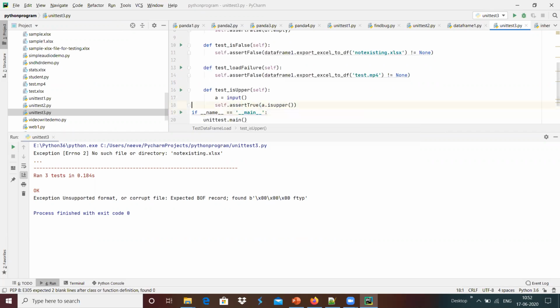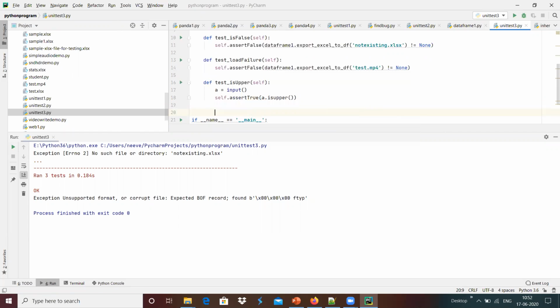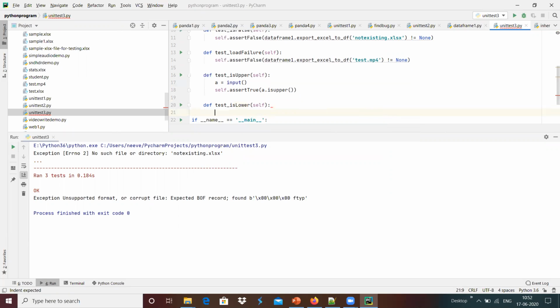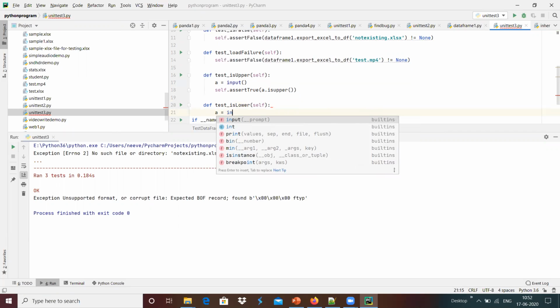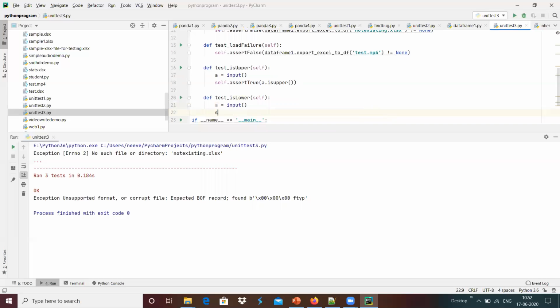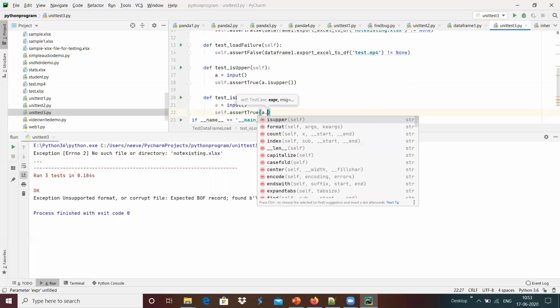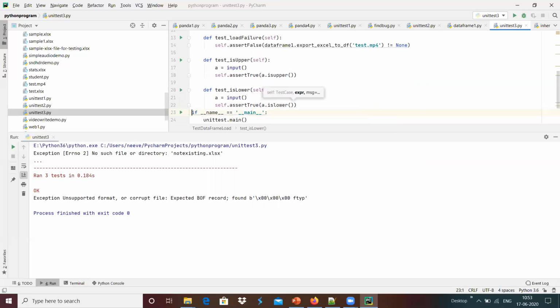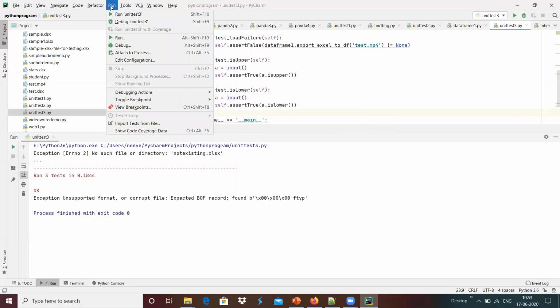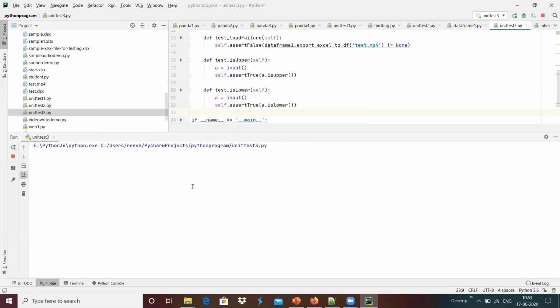I'm going to check whether the entered value is upper case or not, and maybe def test is lower case, and maybe a equals input, and maybe self dot assert true, and a is lower over here. We are able to validate these different functions, and I'm going to run this test case now.